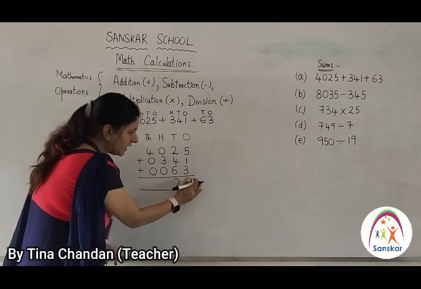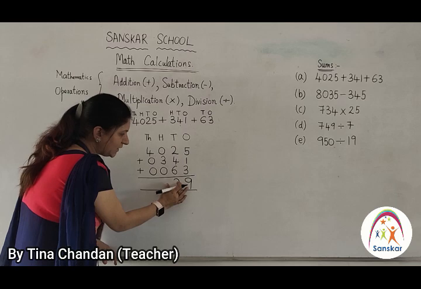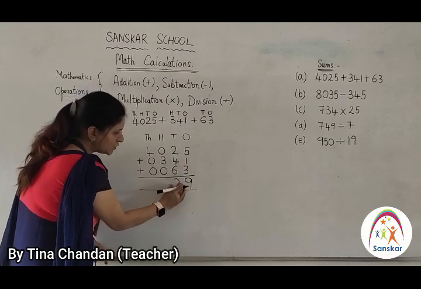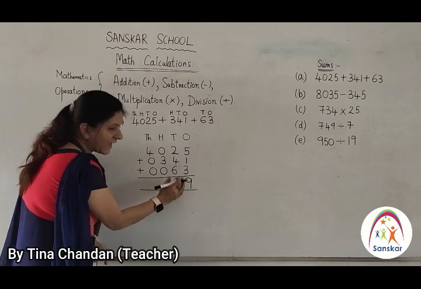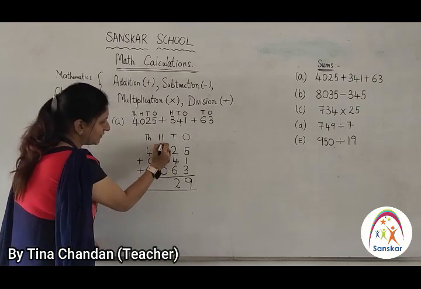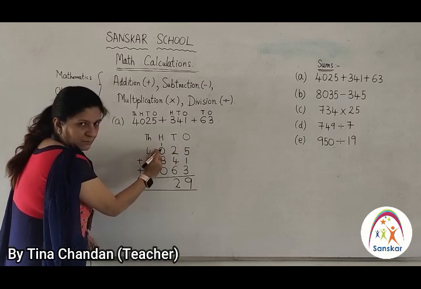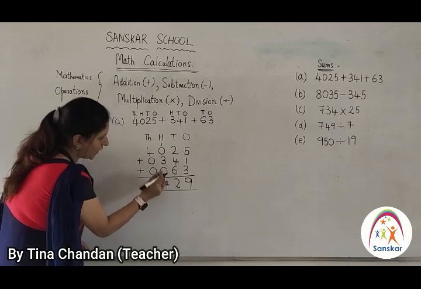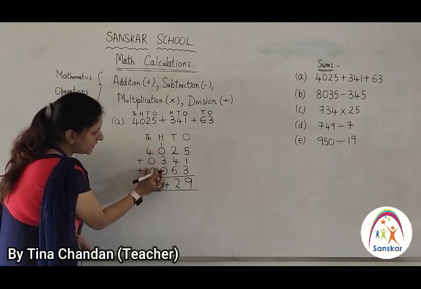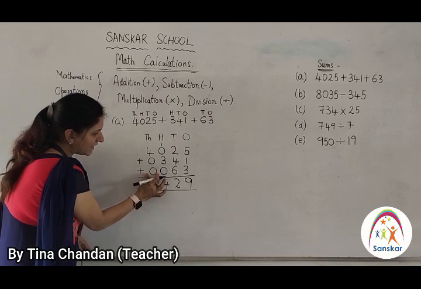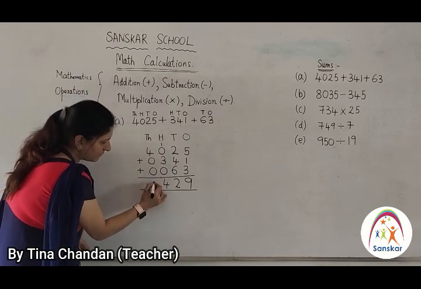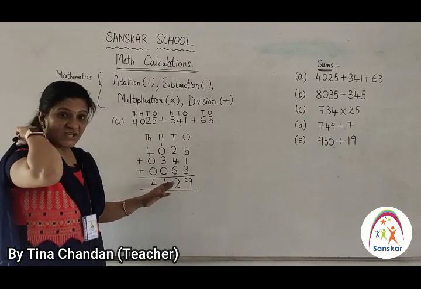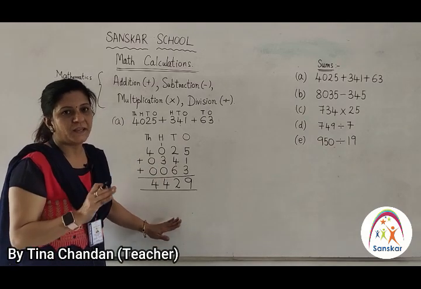Okay, here we were getting only a single digit. Here we are getting a 2-digit number. That is 6 plus 4 is 10 and 10 plus 2 is 12. For 12, we are going to write 2 over here and the one digit, that is 1, will carry on to the next number to the left. Okay, now 3 plus 1 will give you 4 and again here 4 plus 0 plus 0, any number added to 0 will give you the same number, that is the number 4. In this way, if you do the addition calculation, your answer will be correct.